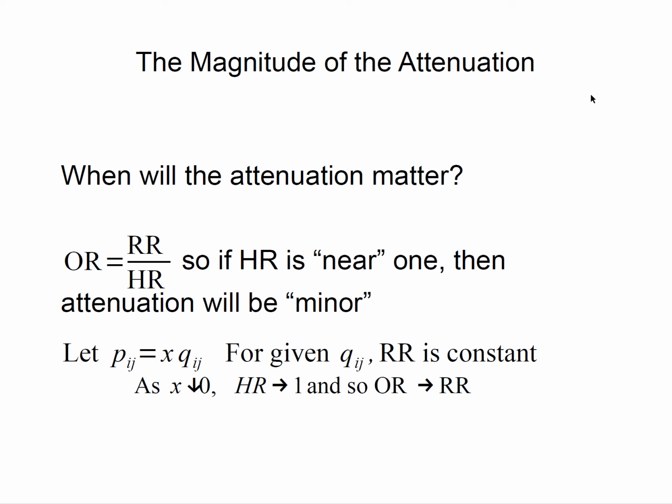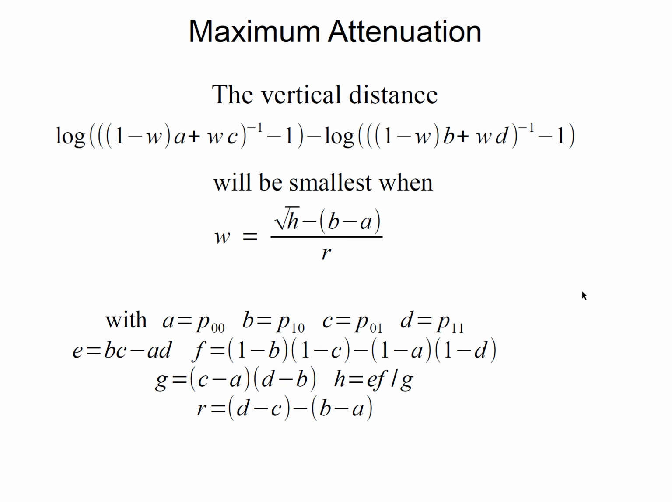However, we might then ask, well, what is that vertical distance as a function of the characteristics? In this case, the 4 probabilities that we have in play. That is the 4 real probabilities in those 2 by 2 tables. Okay. Well, it turns out that the vertical distance, that is, again, for specific cases of the crude odds ratio, but